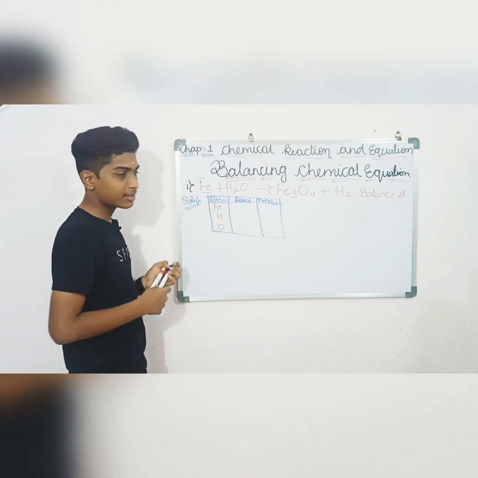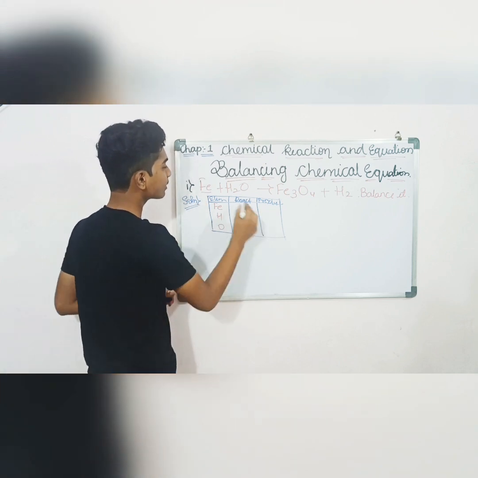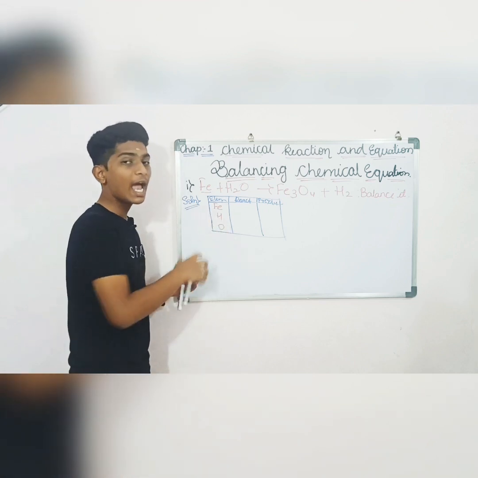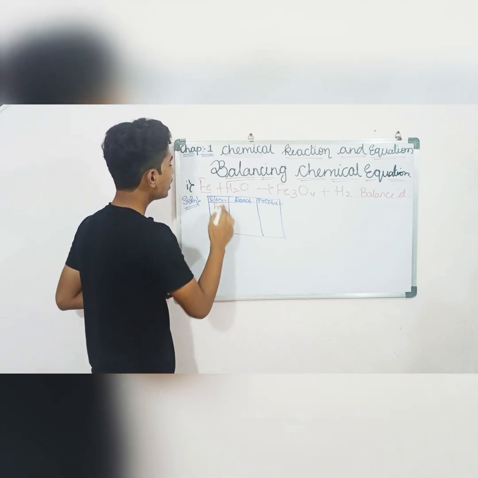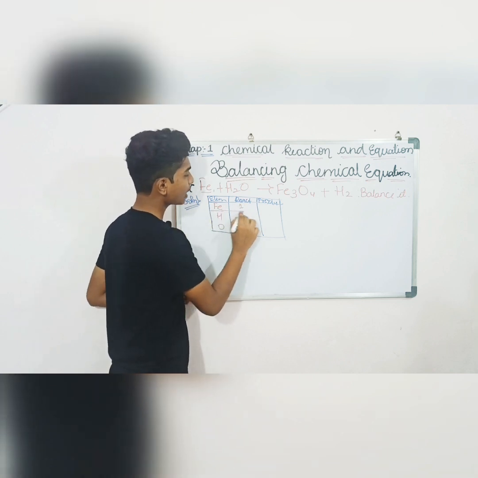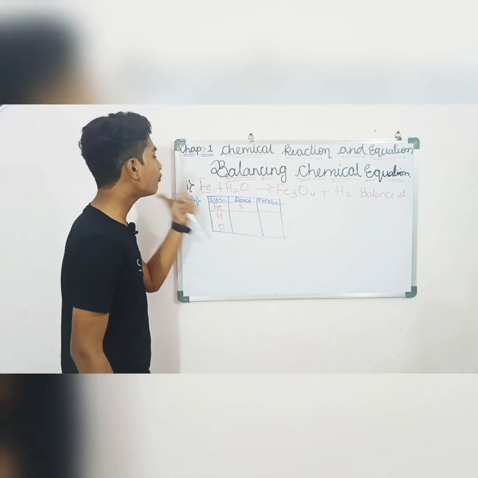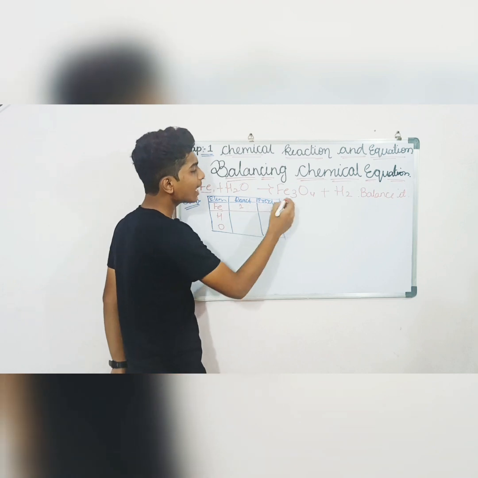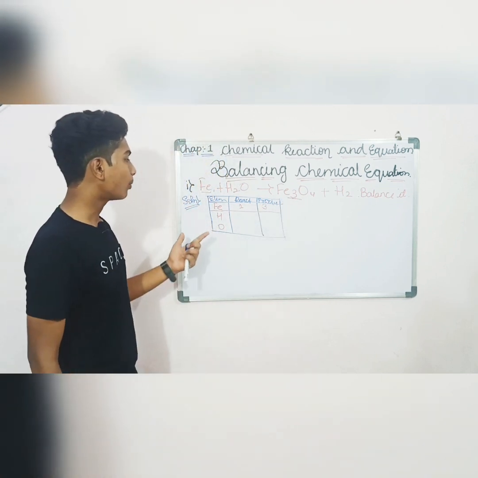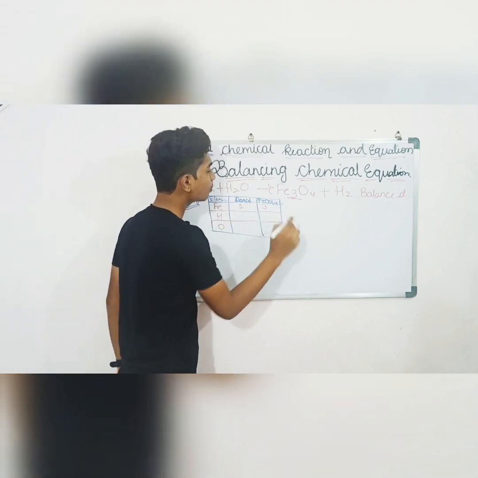We got 3 elements. Now again examine the reactants. On the reactant side, how many atoms are there with this given element? Examine it. So here nothing means 1. 1 atom on the reactant side of ferrous. Only 1 atom is given, so we have written 1. On the product side there are 3 atoms of ferrous. So write down 3.